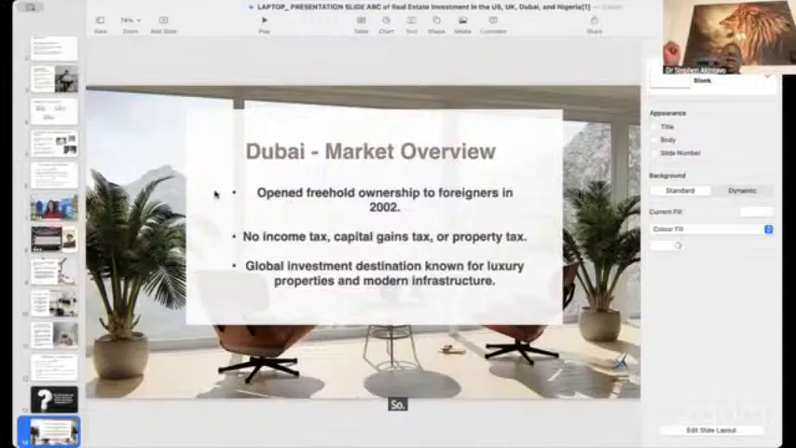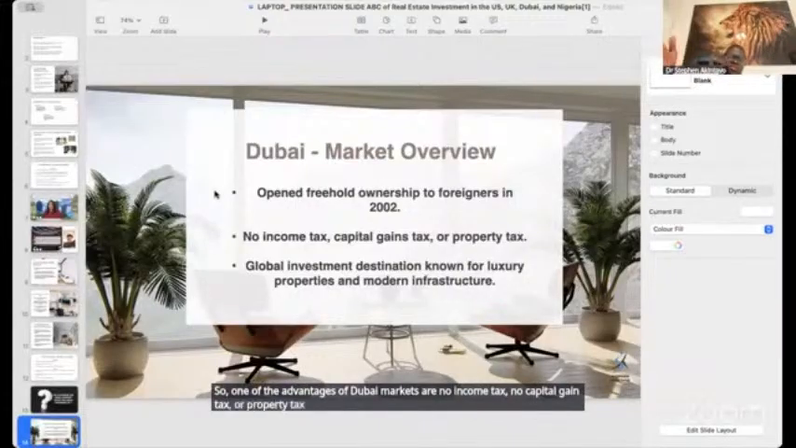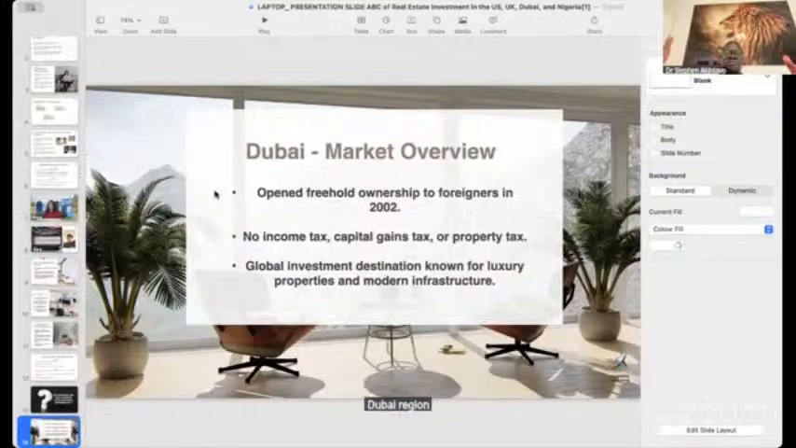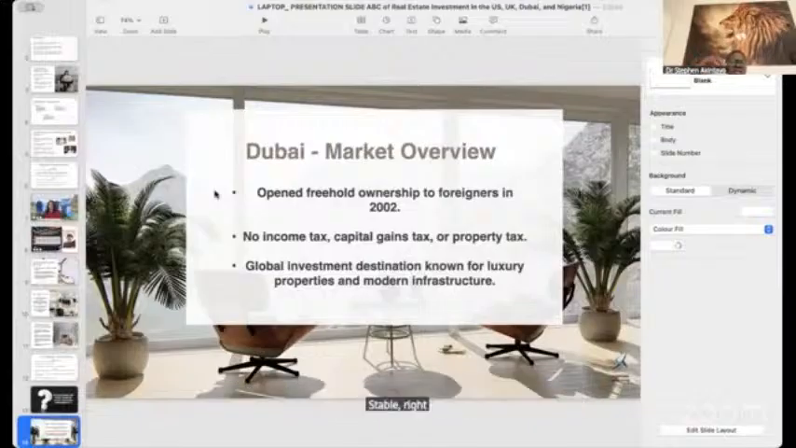So one of the advantages of the Dubai market is no income tax, no capital gain tax, and no property tax. You can see how we're comparing each region: the US, the UK, and Dubai. What are the advantages? You make higher returns in the US compared to the UK, but the UK is more stable. Even in the 2008 crisis that happened in the US, the UK was still pretty much stable. It doesn't appreciate too fast, but it's a stable market,